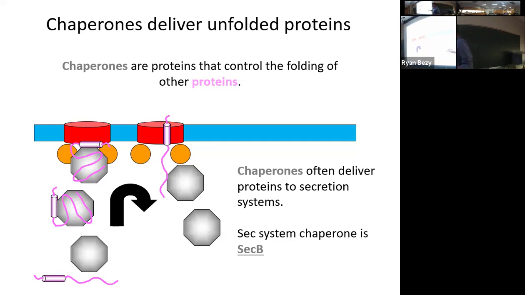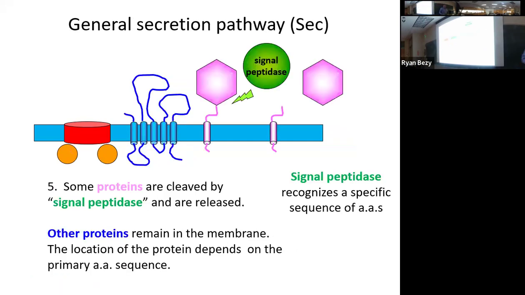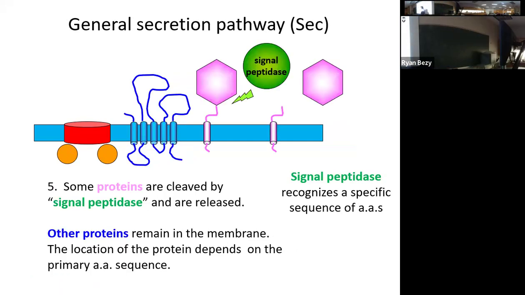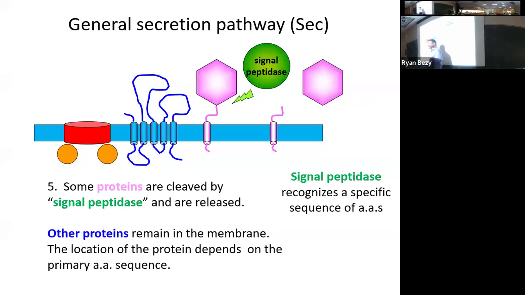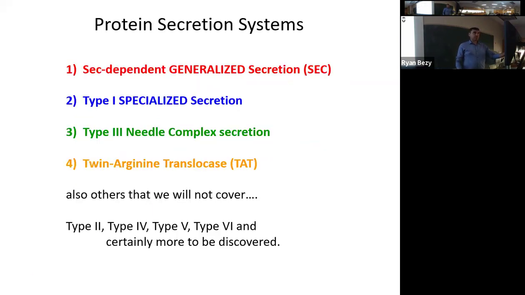If you didn't have the chaperone protein, this might just end up folding in the cell before it would complex with this, and then it couldn't get secreted. Once it's folded, it's too big to fit through. You might have noticed that I had my little shapes here. This is basically bigger than the pore complex. It can't fit through if it's already folded. Does that make sense, everybody? No questions about that? All right, questions about that Sec-dependent or generalized secretion pathway?